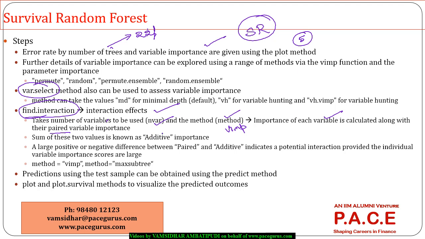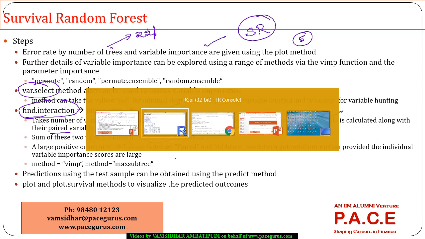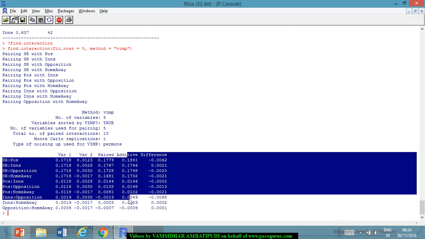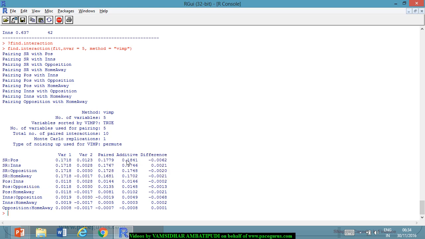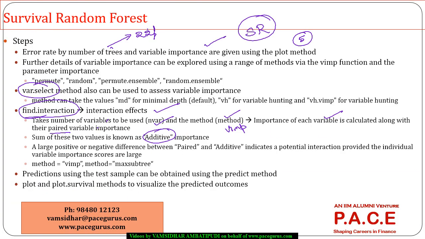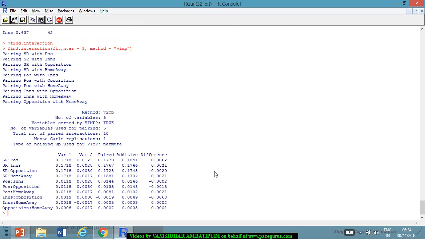Sum of the two values is known as additive importance. So we have added variable 1 plus variable 2, which has given me the additive importance. And now there is a difference that is being computed between the paired and the additive. So I am seeing in many cases the difference is negative,